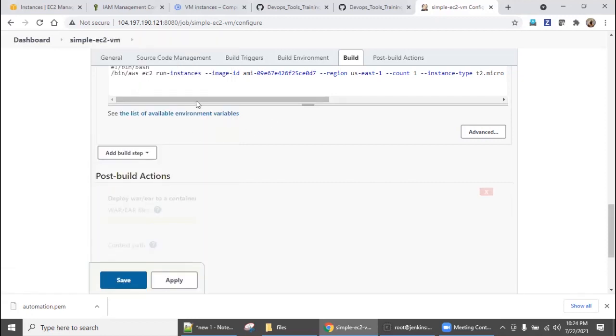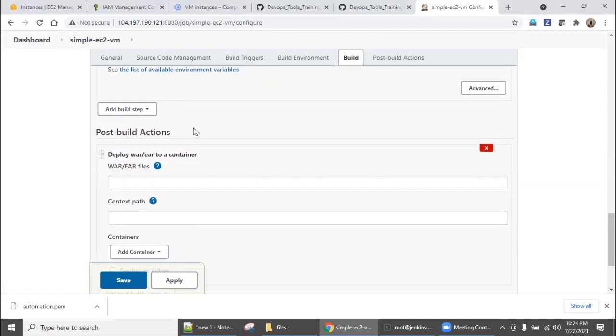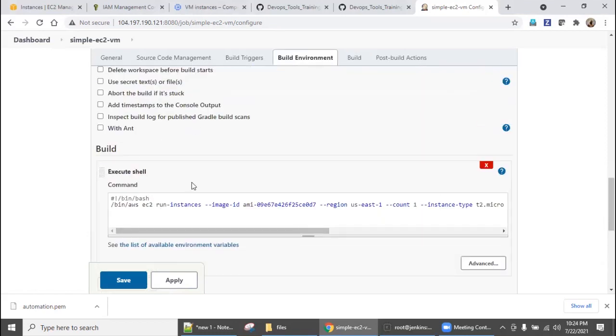You need to again run the shell script to capture what instance ID got created, and using that key you need to log in. So like that you need to create a script. So the pipeline will trigger every time, a machine will be provisioned, the new WAR file will be created and then deployed. So this is also a compute based architecture. If you want to deploy, you can go for it.